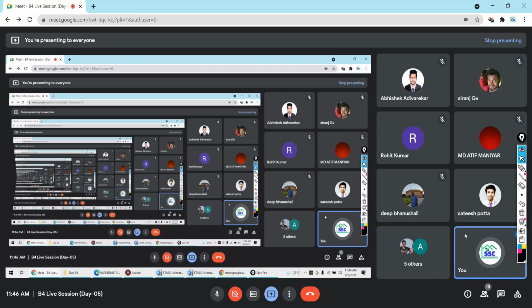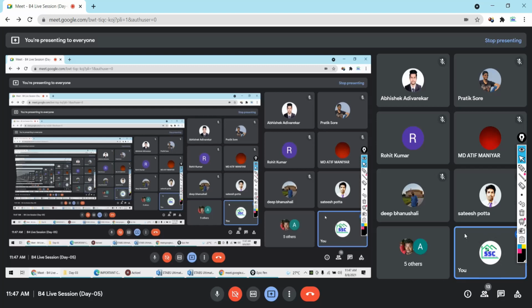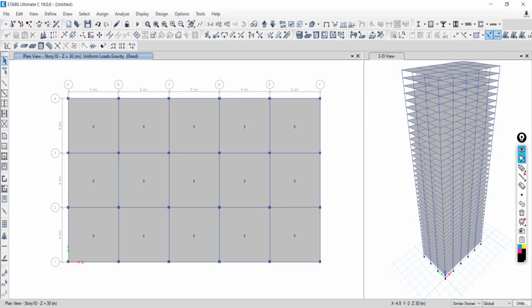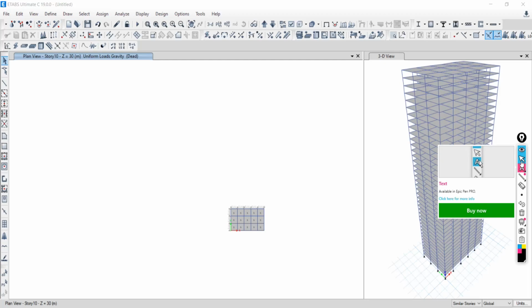Okay, that's also correct. But the meaning of typical floor is a little bit different. Can anyone tell me? The same floor layout will be there for a typical story. Exactly. If we are getting the architectural plans of different floors and the arrangement of those plans looks the same, at that time you can say that it is the typical floor plan. Okay, let's try to understand. Suppose an architectural plan is there like this.